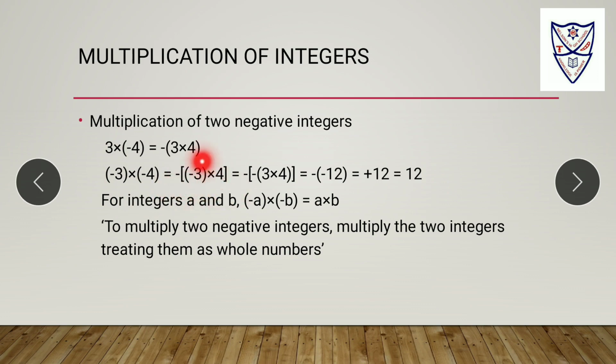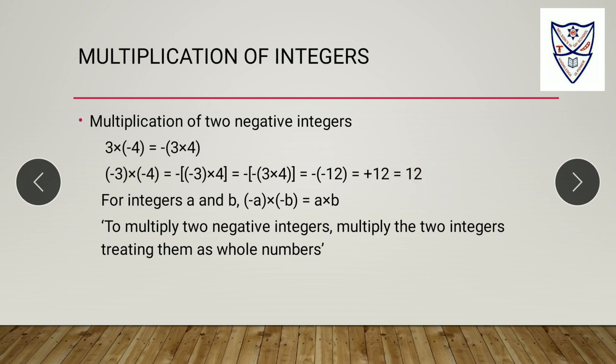Now this minus sign of minus 3 we will take out. So it will become minus, in the bracket, minus, in the small bracket, 3 multiplied by 4. Now we can do 3 multiplied by 4, which is 12. And when we write the minus signs, we get minus, in the bracket, minus 12. Now we can change this minus sign to positive when we write the additive inverse of minus 12, which is 12. So we get plus 12, we can write it as 12. So minus 3 multiplied by minus 4, we get positive 12.